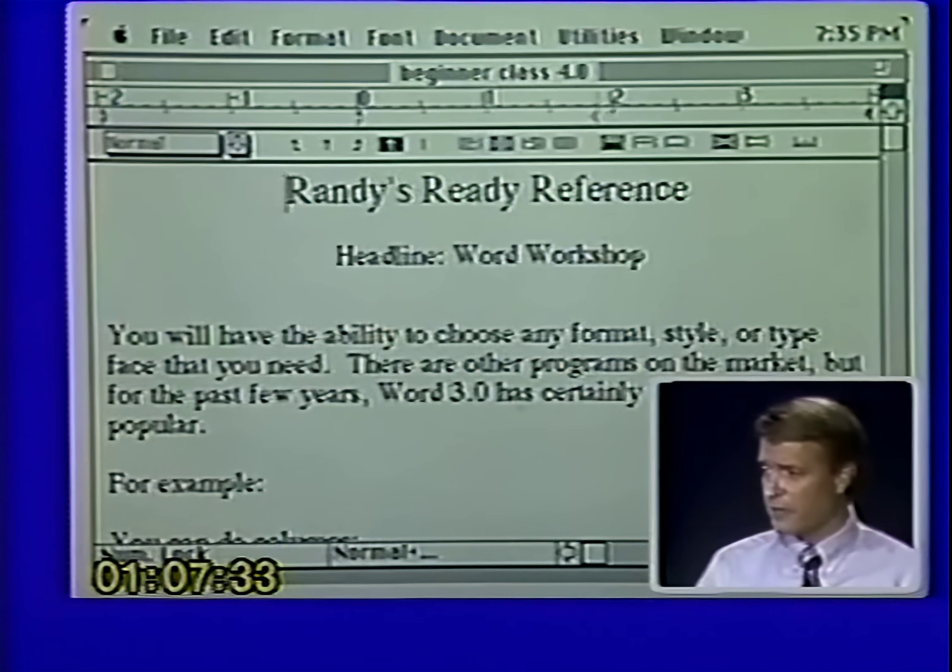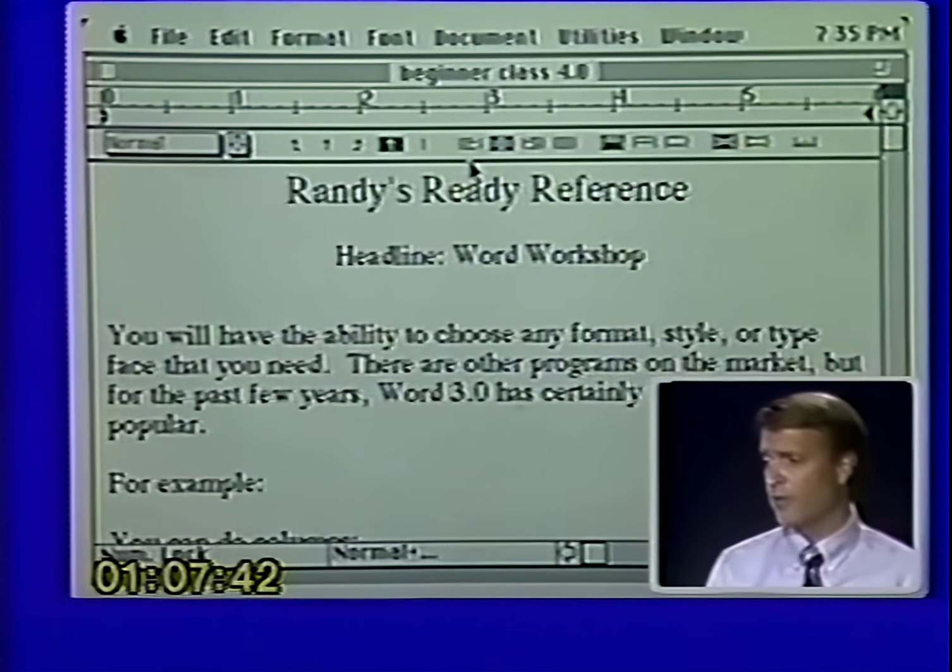So now what we're going to do is we're going to come back up into our document, and we're going to make sure that it is spelled correctly. And we're going to use the spell checker. Now, those of you that have had Word before, the old version 3.02, you will find a much bigger dictionary in 4.0.